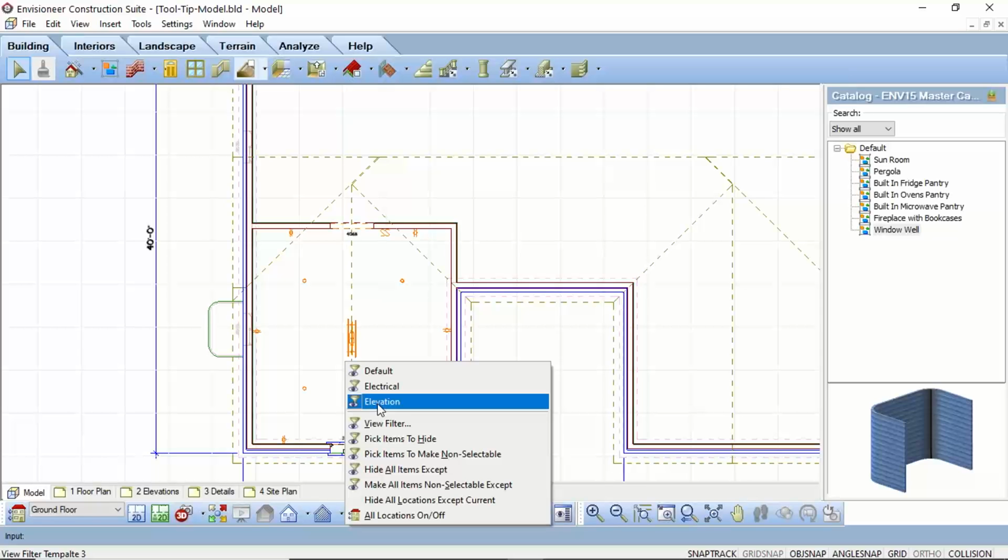What the elevation view filter does is it turns off all the elements that would never be seen on an elevation view. So what I mean by that is if I'm inserting a front elevation and I want to show that on my working drawing sheet, if I did not select this option, it would try to create that front elevation, and when it goes into a working drawing sheet, it creates the lines of everything